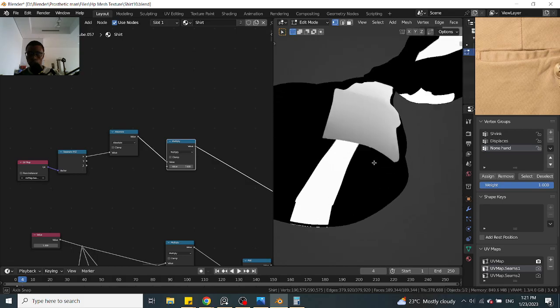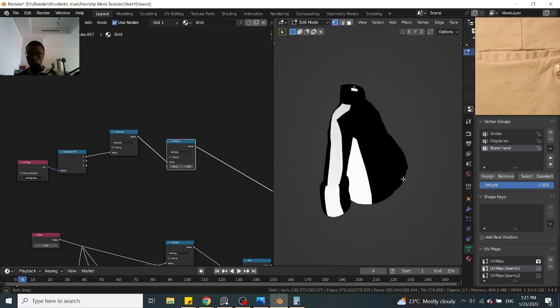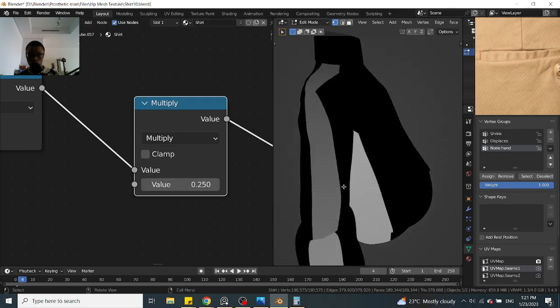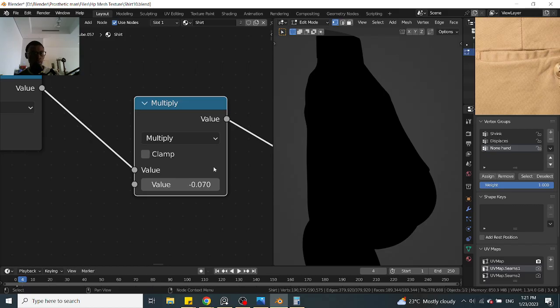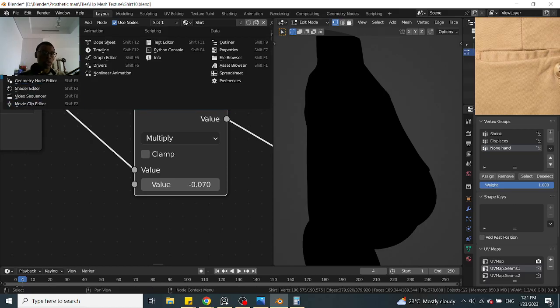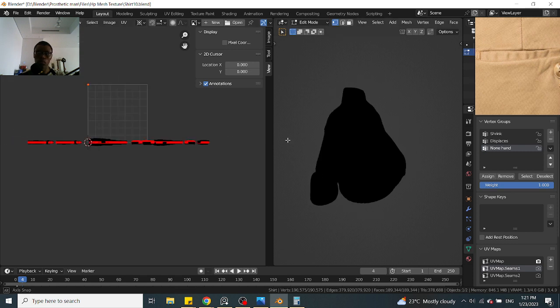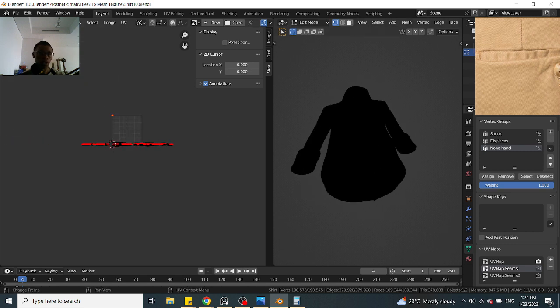It's showing this, but it's not how it's supposed to be. That means the way I actually did this was wrong. What I'm going to do actually is